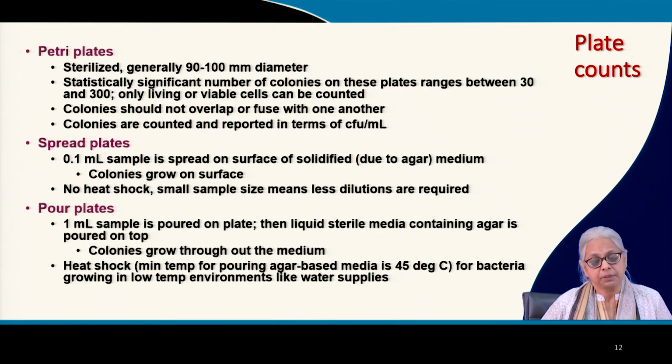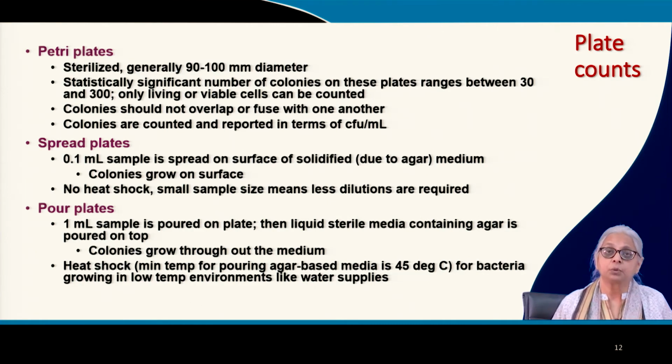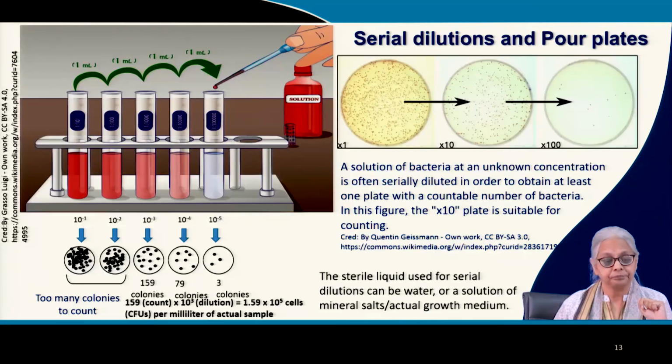And then you have pour plates. So you have a 1 ml sample, like I said, that can be added. The colonies can be grown. I've mentioned all these points. And this can be quite challenging, because if you're used to doing rich cultures and then you move to very poor nutrient environments like water supply systems, then it becomes very difficult to figure out what is going to work and what is not going to work. So these are important factors to keep in mind and work out what are the best conditions.